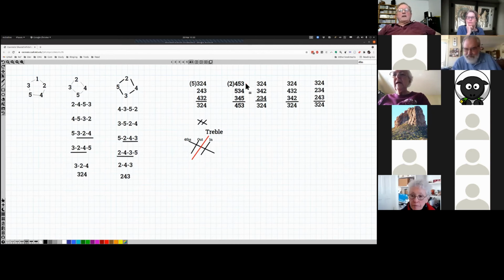Is that the best way to do it? That's a matter of taste. Some people do it that way. Some people, particularly who are used to ringing things on higher numbers, prefer to keep track of the coursing order by thinking of the 5 fixed. Keep our canonical rotation the one that always has the 5 fixed. The downside of this is we don't get to use that same pattern because the 5 is actually being affected, so it has to jump through. But it turns out there's a nice little trick anyway,